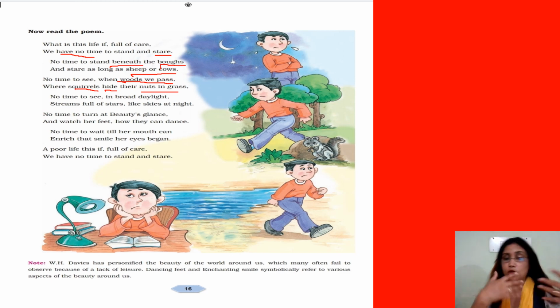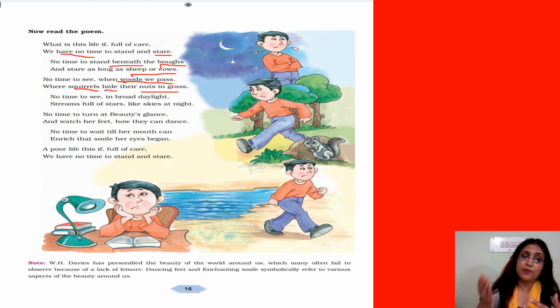all the animals, not only squirrels. If you observe all the animals, even the cat, the rat, they all have some beauty in them. And if you watch them, you would love to see them. But that is the contrast. That is the point the poet wants to say, that there are so many things, but